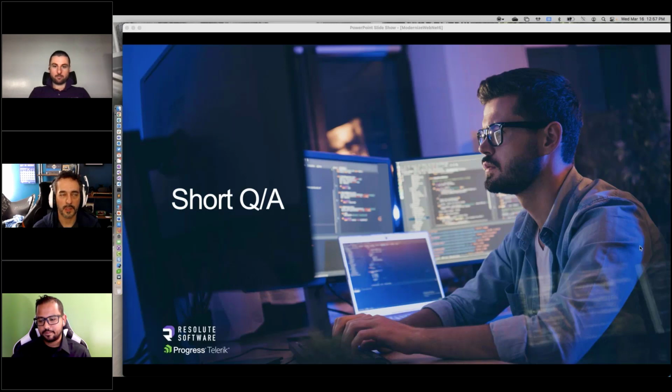I would say both Razor Pages and Blazor are probably the easiest. Blazor, for the component model, is just going to be the easiest thing to drop in and do some CRUD operations with, especially considering you're using just .NET code for that as well.